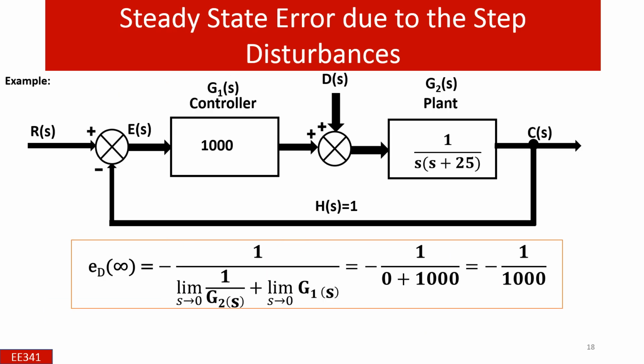In this example, we have to find the steady state error. We have to find the steady state error due to the step disturbance. So to find the value of steady state error due to the disturbances, where the disturbance is given equal to 1 over s. If this is given, then we can't directly use this relation as it is, as we tried last time, and actually we have